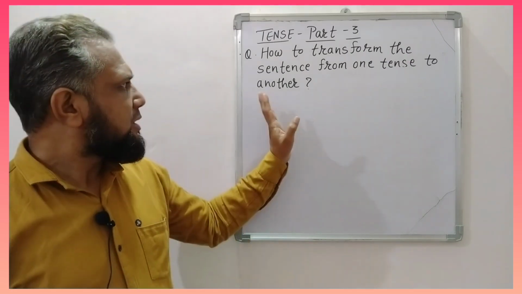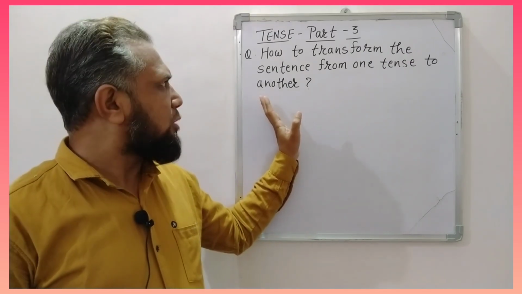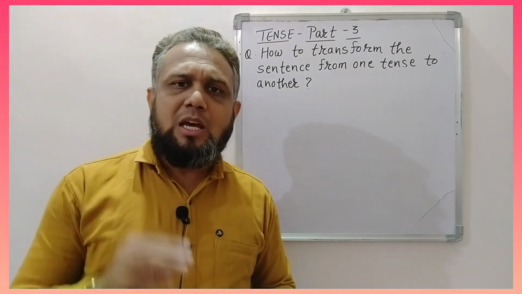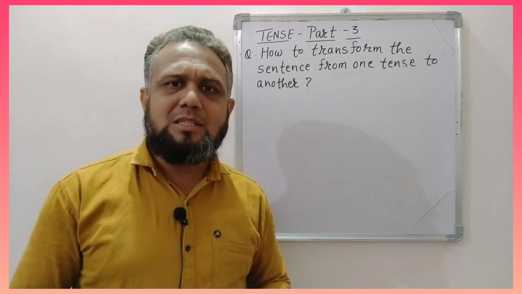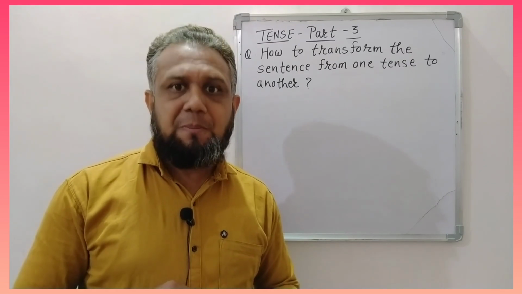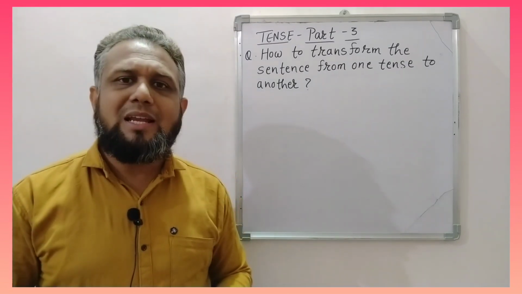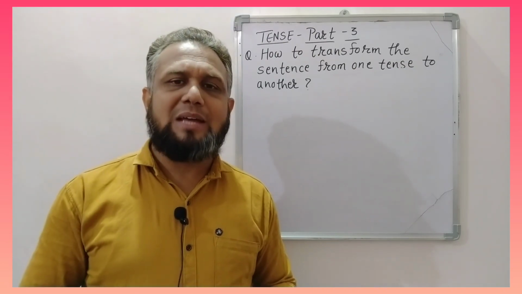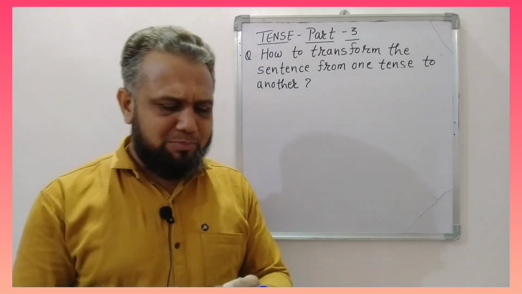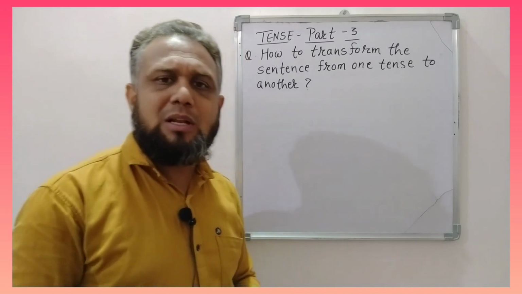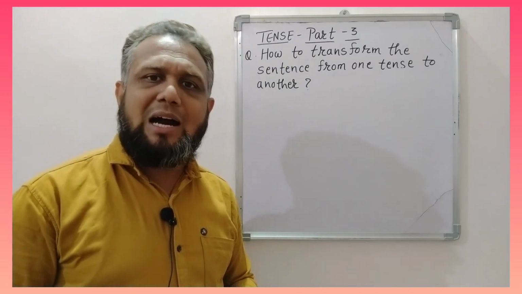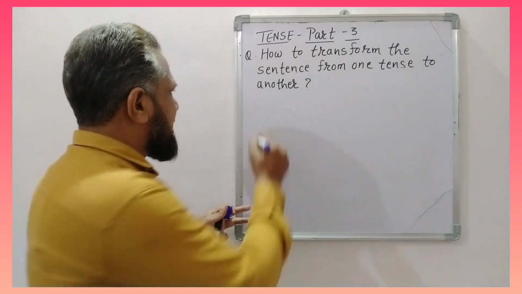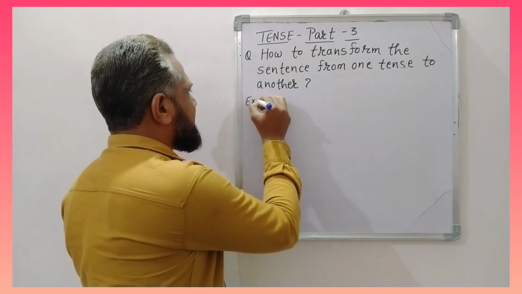Now, if we look at this topic, how to transform the sentence from one tense to another, in this topic you will get a simple sentence in one of the 12 tenses. And in the bracket, you will get the instructions in which tense you have to transform that sentence. For example, let us take an example of which type of question can be asked under this topic. You will get one sentence and this sentence will be like,